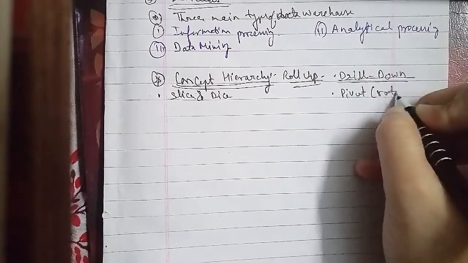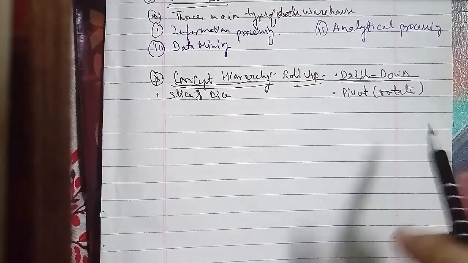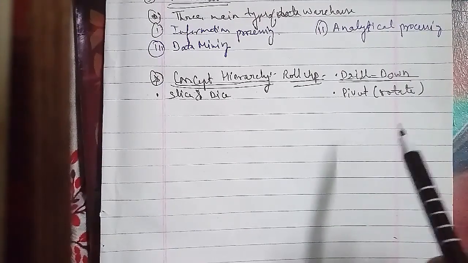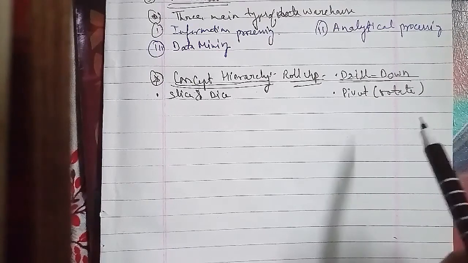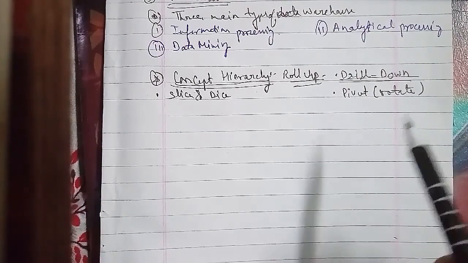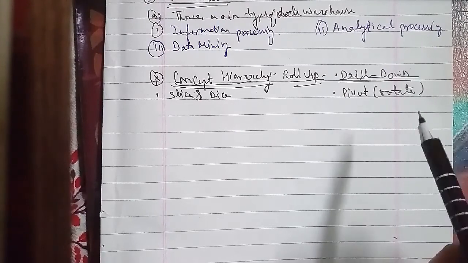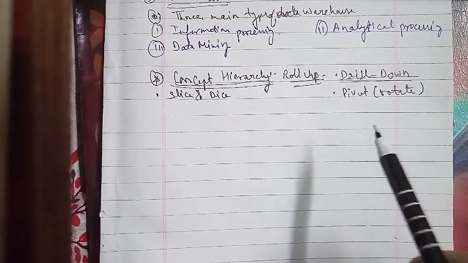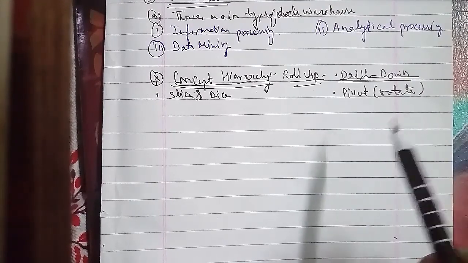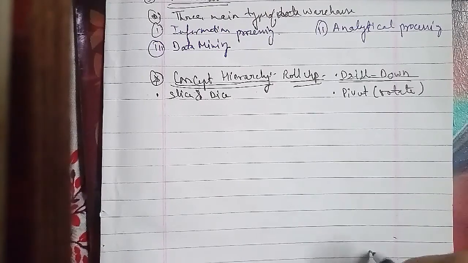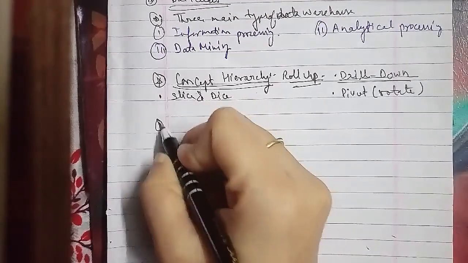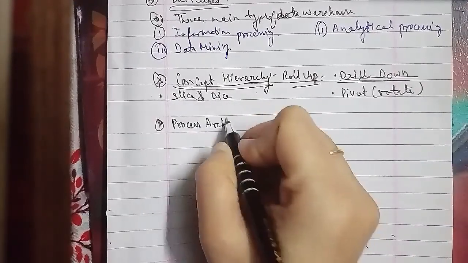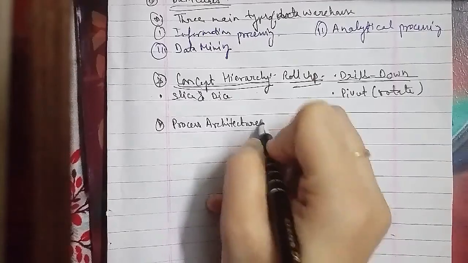Now we'll go ahead and discuss what you mean by process architecture, or write a short note on process architecture. In terms of process architecture, it defines an architecture in which the data from a data warehouse is processed by particular computations, and there are two fundamental process architectures to be followed.